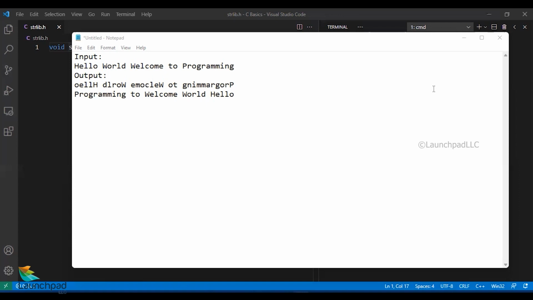So here is the input on the screen and the corresponding output which is required. The input is a perfect sentence which has multiple words in it. There are two forms of output that we are supposed to print. The first one is to reverse each and every word, keeping it in the same position and reversing the word alone completely. The second form of output is to print the whole sentence in reverse order by reversing the words individually. Now, these two tasks cannot be achieved just by using the string reverse function. We have to understand in depth how the string reverse function works.